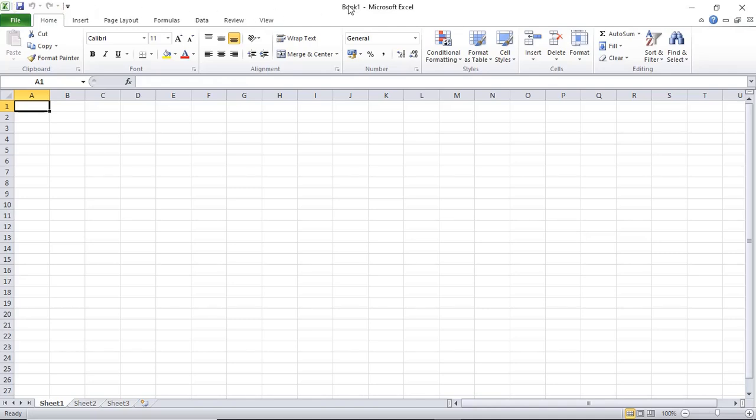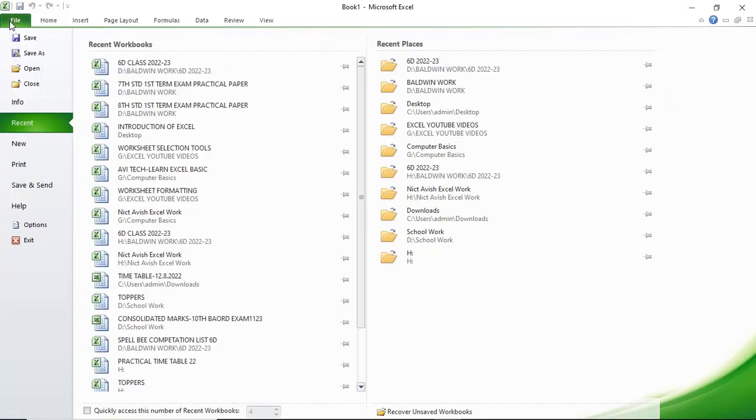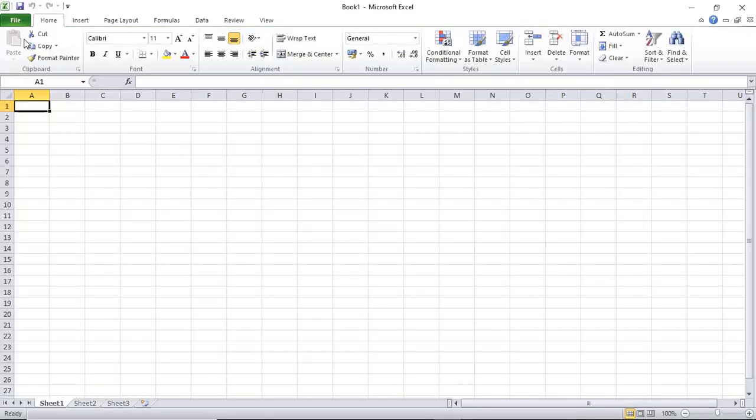What you see here right now, this is the title bar. If I save this Excel workbook, I'll get the title over here. Because of that we call this the title bar. So let me go to the file. I'm going to save this one with the name